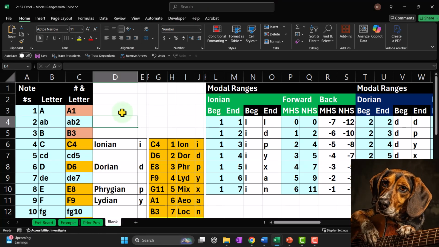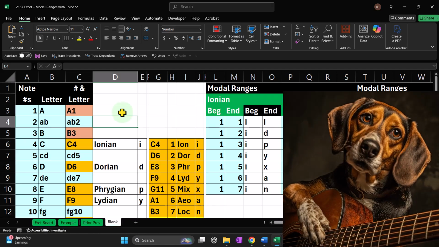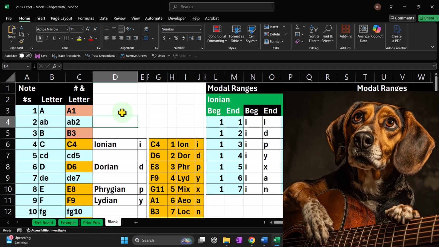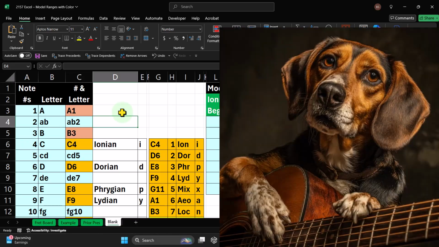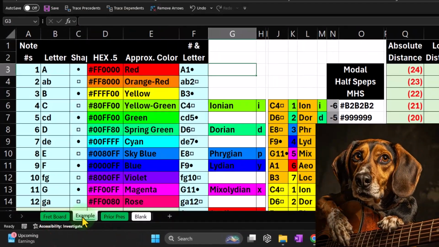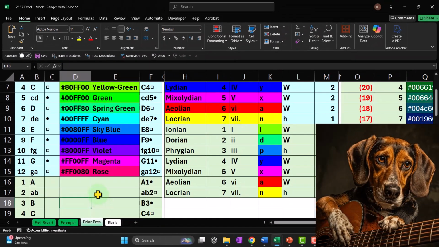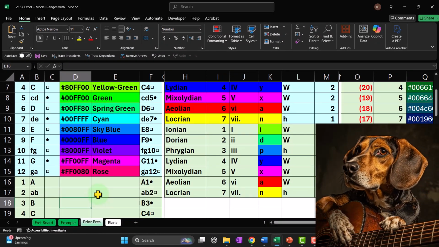If you don't have access to this workbook, that's okay because you could just follow along, possibly build in the part of the worksheet that we're currently working on. If you do have access to this workbook though, 4 tabs down below, including the very colorful fretboard tab, the example tab, in essence the answer key, the prior presentation tab having information from a prior presentation that we will